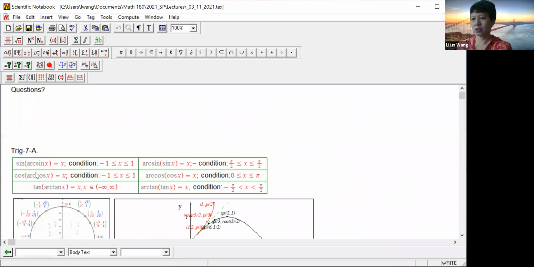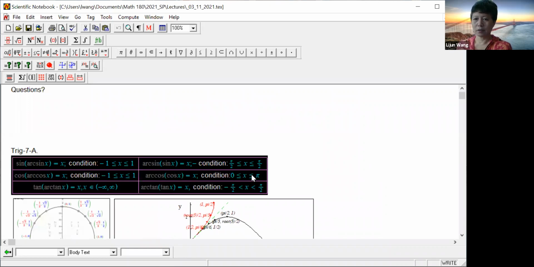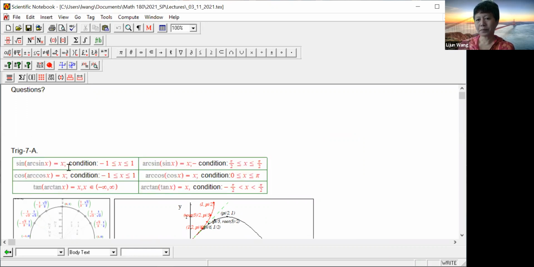In addition, we covered yesterday where it came from, and you need to understand that this requirement is a condition for us to use this identity, which is the one-to-one function condition. And for the other one,